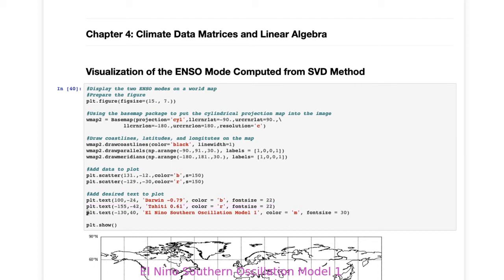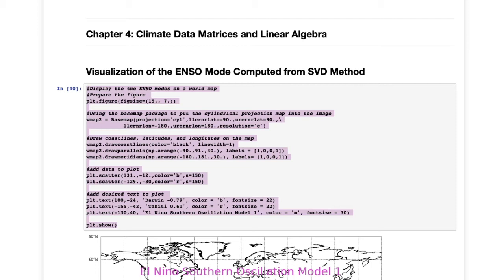And lastly, we are going to add some text saying El Nino Southern Oscillation Mode 1, which is where we are getting these highlighted values for Darwin and Tahiti. Don't forget to wrap your whole block of code